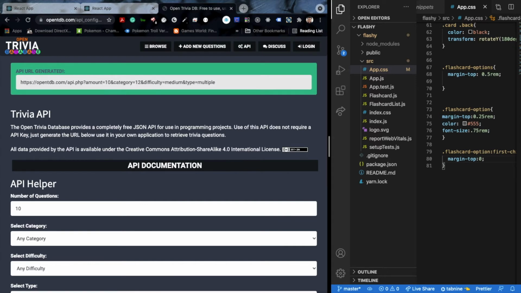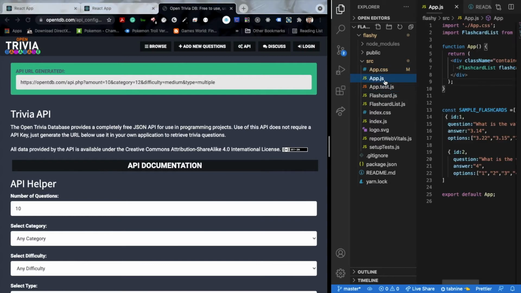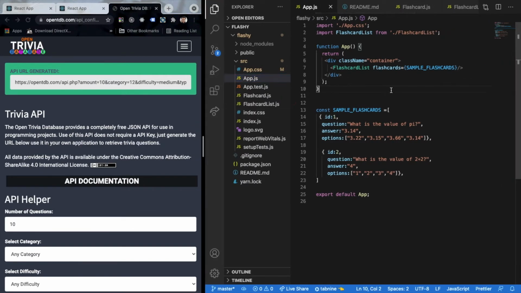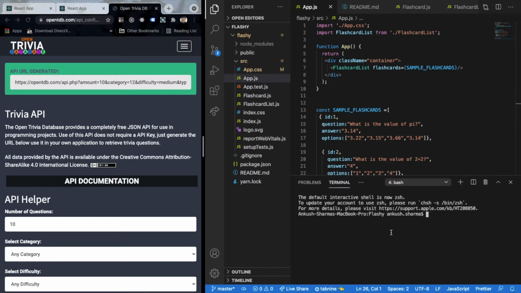So what I want to do right now is take the use of this API URL and start populating my data in my app.js, so that this can be further passed down to our flashcards, and several different flashcards can be listed over here. So this becomes one of our goals over here. For that purpose, we'll be installing a library over here, and let's just move to the same folder. Make sure that you are always in the same folder.